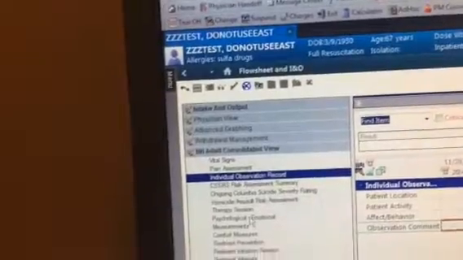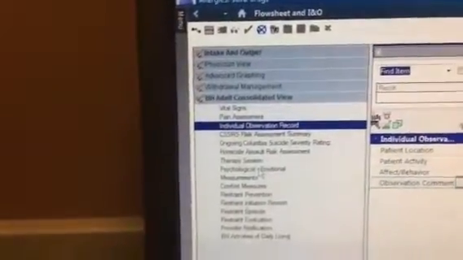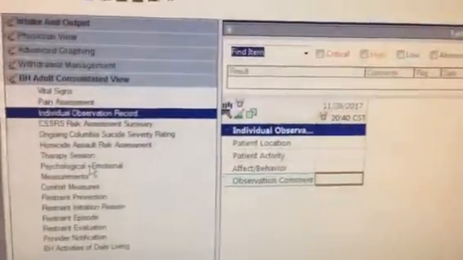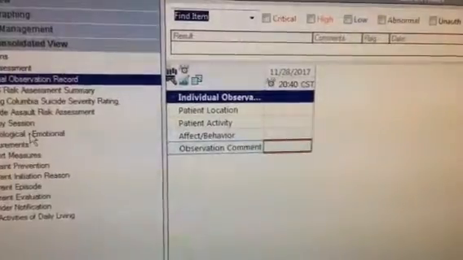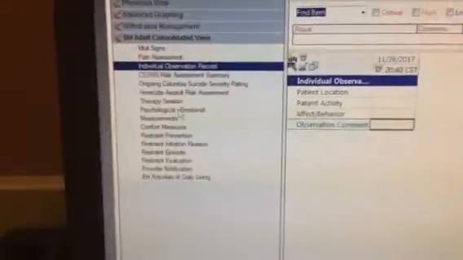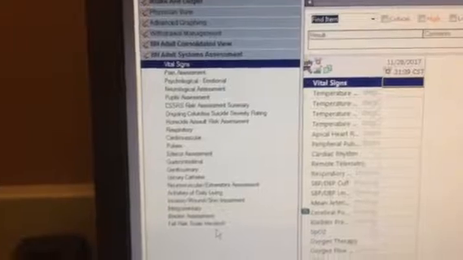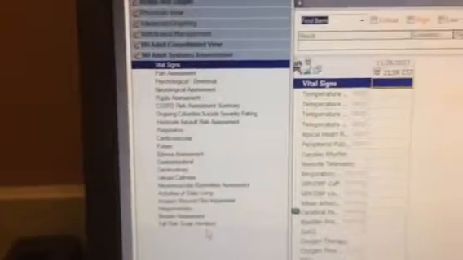If you want to see any of the sleep hours or anything, you go here. You've got these new tabs. You've got BH Adult Consolidated View. If you look at Individual Observation Record, you can see their location, in the comments will put their sleep times, or the amount of sleep they got. You can see other things. Another good one is going to be this pH systems. And that's going to, if you just look at these, the psychological, emotional, that'll show you some stuff if we've put